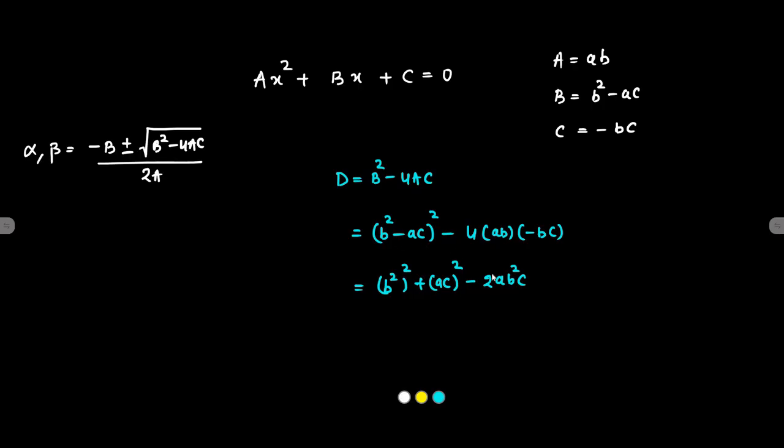So this is minus minus, it becomes plus, so ab into bc, this is minus 4ab into minus bc, minus minus becomes plus. So here we have ab multiplied with minus bc, so it is ab square c. So minus minus plus, it is plus 4ab square c. So here we have b square whole square plus ac whole square plus 2